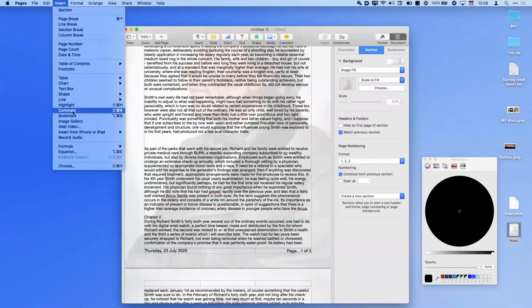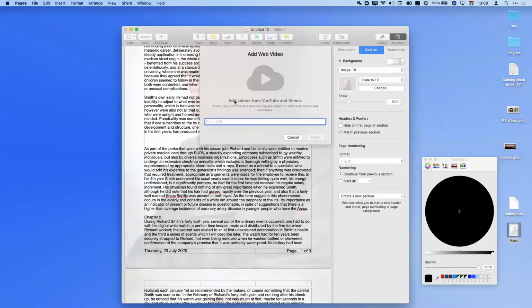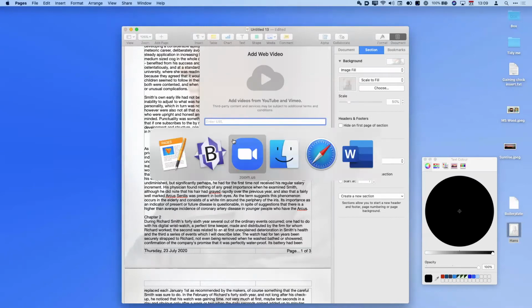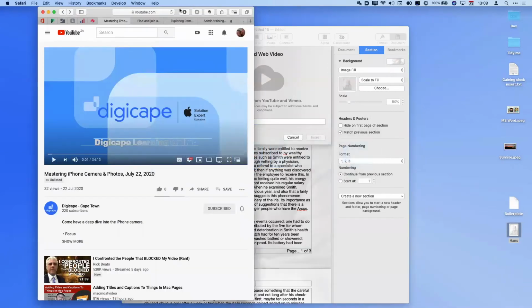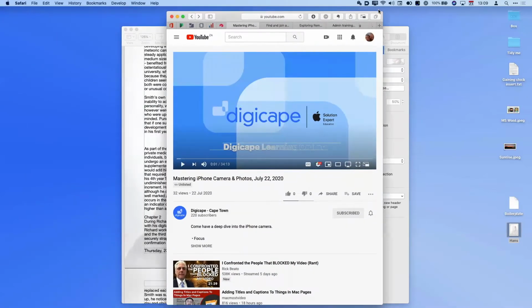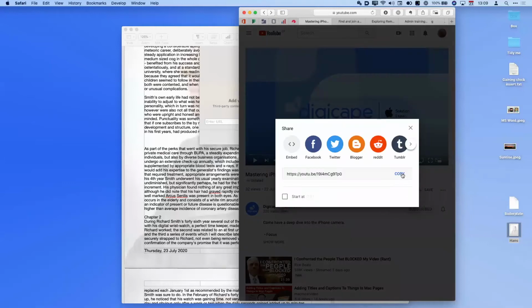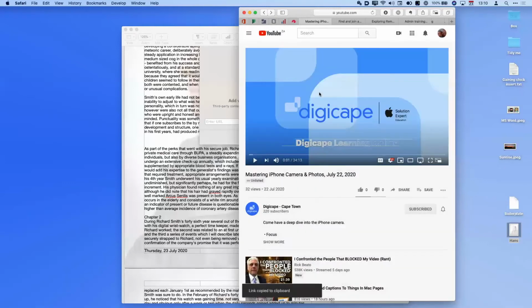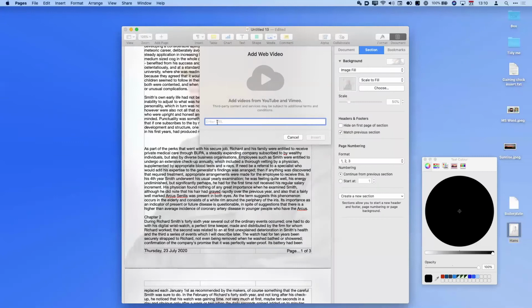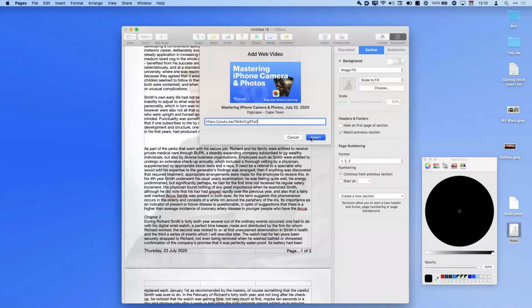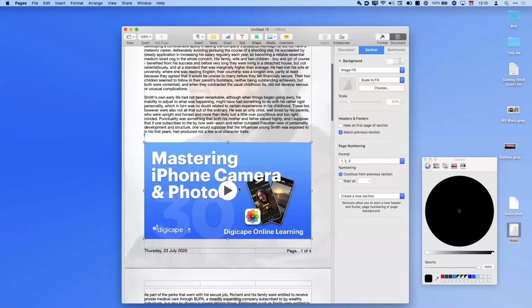And they're all reflected over here as well. But a new option now is to insert a web video. What this does is it asks me to type in a URL. So I'm going to switch to Safari. And I just happen to have a web page over here from a company we know and love. I'm going to click share, copy the link. And if I now go back and paste that link in, it loads the web video, validates it. If I now click insert,